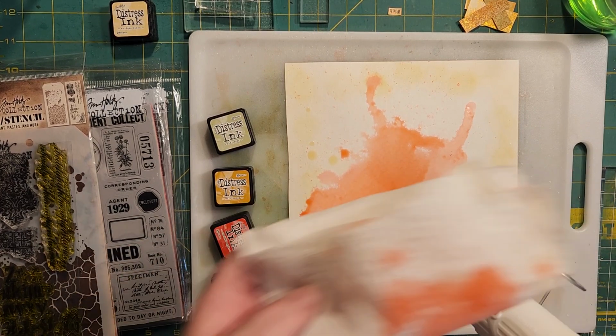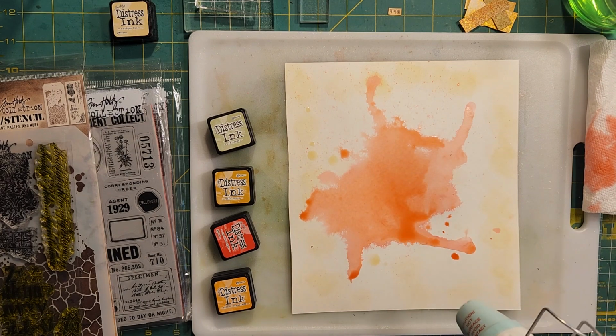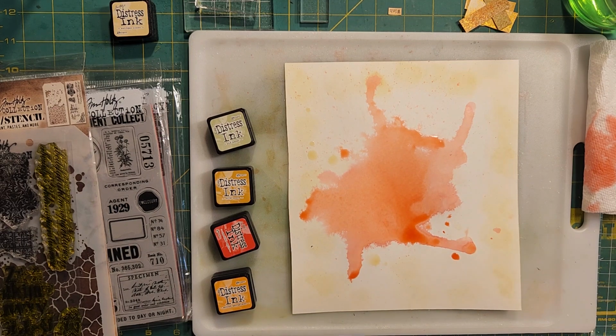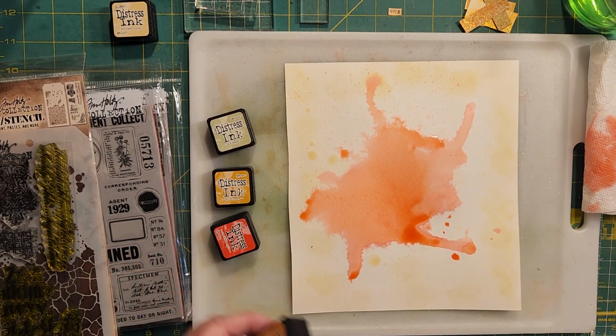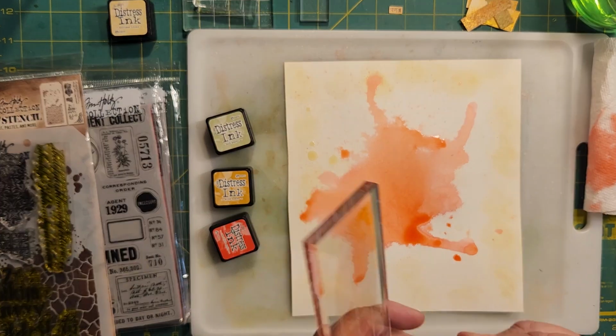I want a few intense colored areas. So... all right. Let's go back in here with some more color. Let's go with orange. I'm going to be doing butterflies on here. So,